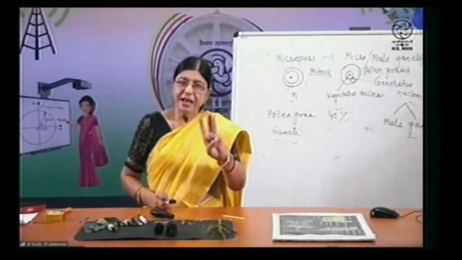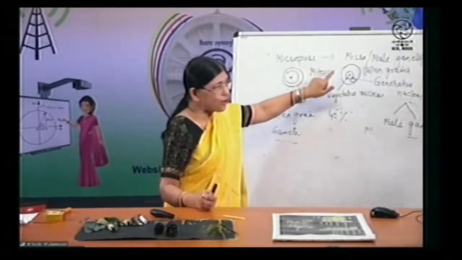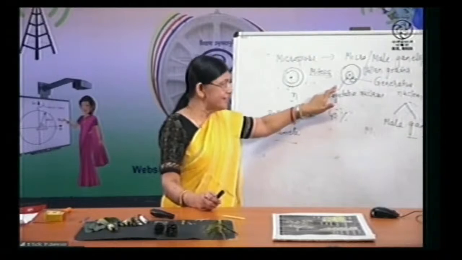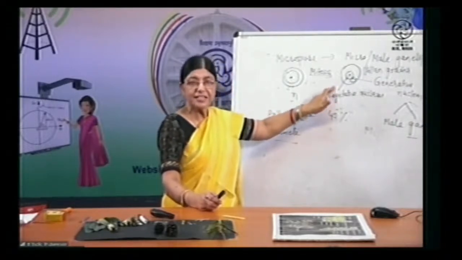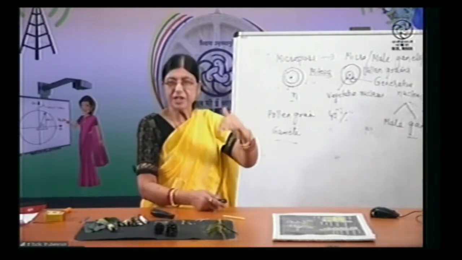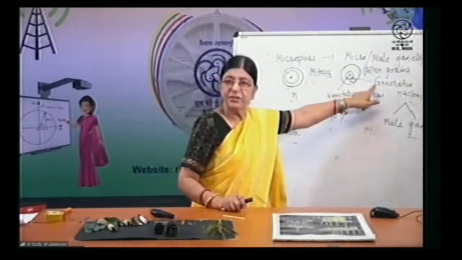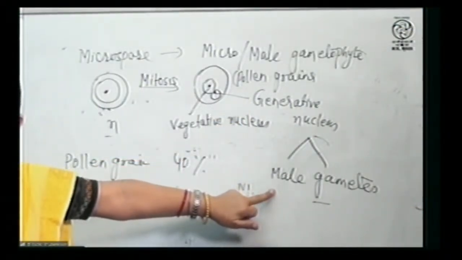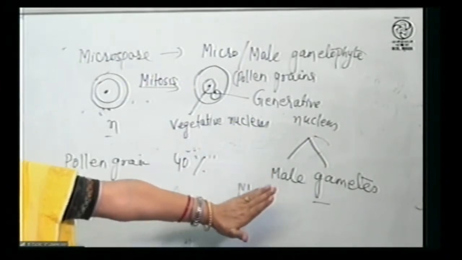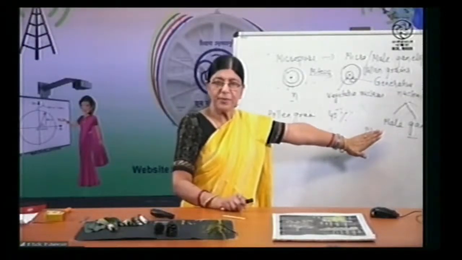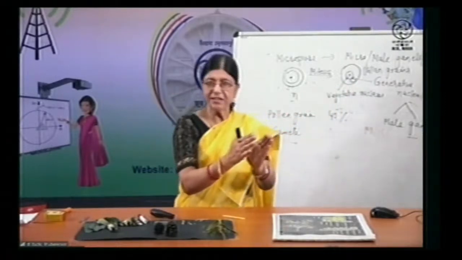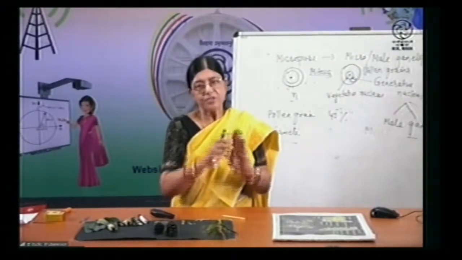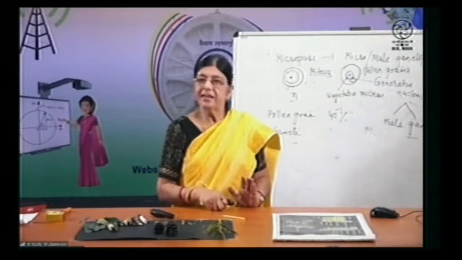Okay. Understand? Yes, ma'am. But what about the 60% case where they are released in the 2 cell stage? In their case, what will happen? Pollination will take place. They will reach the stigma of another plant and their generative cell will divide to form male gametes. Okay. Is it clear? Yes, ma'am. So now you understood that male gametes are certainly forming. They may form in the same mother plant where the anther was, or they may be formed in the stigma of the other plant. So this process of gamete formation is called gametogenesis.